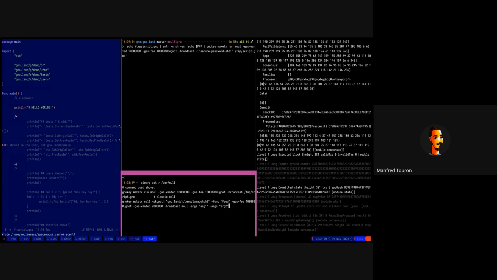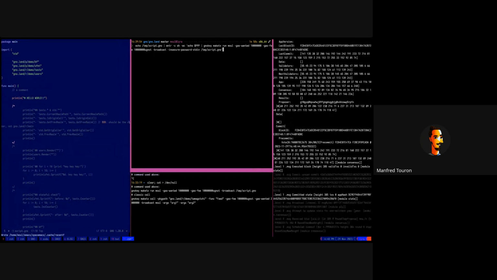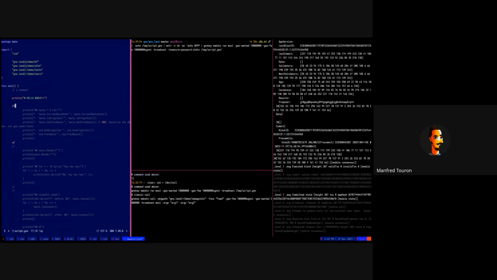And we introduce a new keyword, which is run, and run does not take a package path. It does not take a method. Instead, it takes a file. So on the left, you have a file named tmp/script.gno. Let me zoom out. And as you can see above, I will call gnokey maketx run with my key, and I just specify the script.